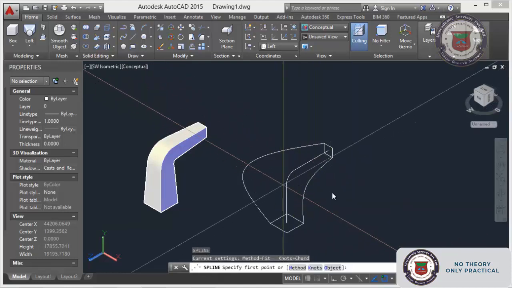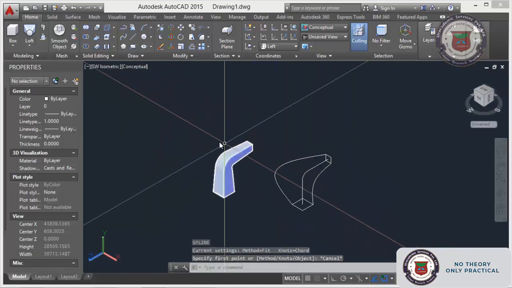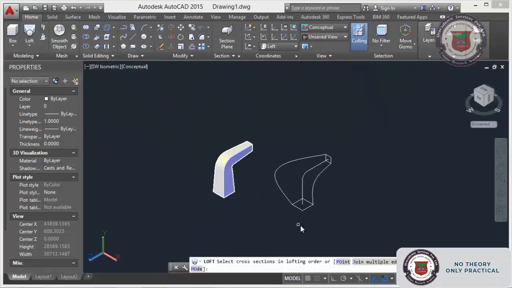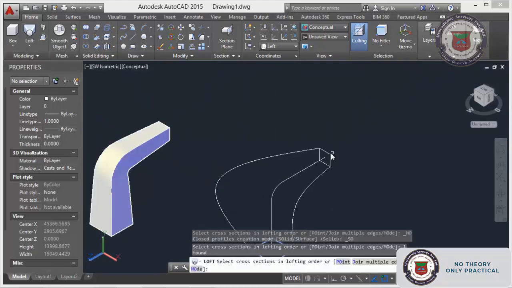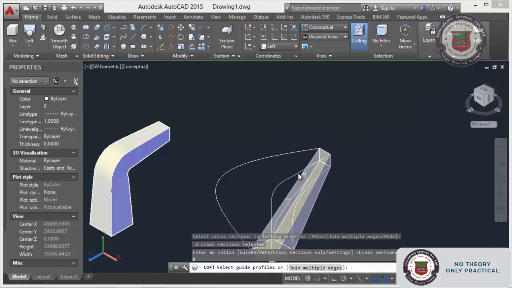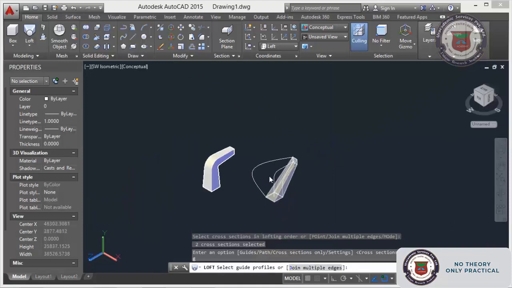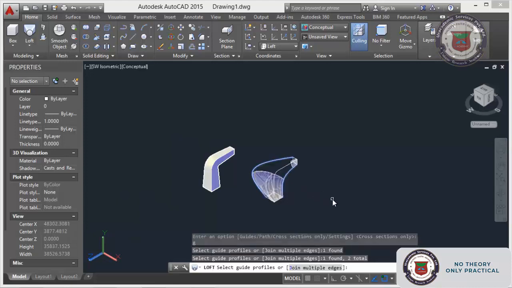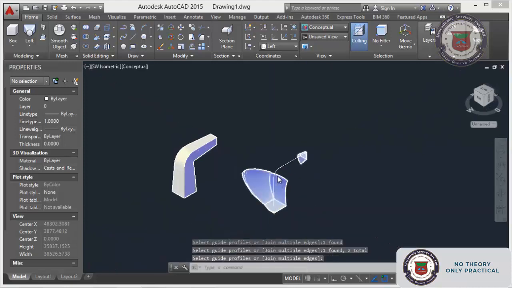These are the two guides I have prepared. How will loft work on this one? Just see. Select this one, select cross section, enter, and select guide G, enter, and select guide, these two, enter.